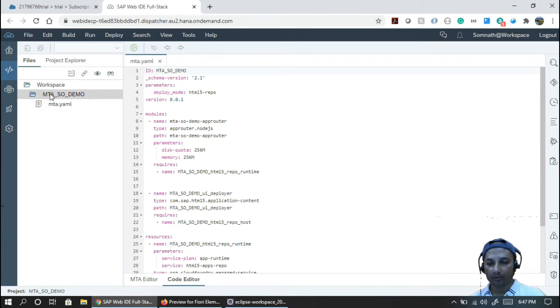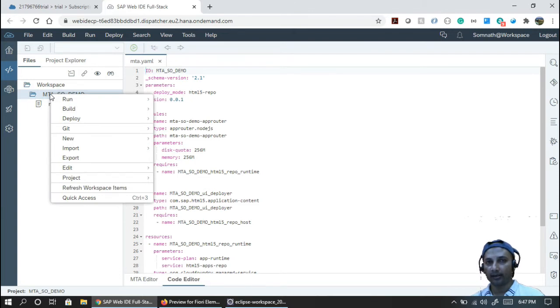So what we have to do after, so you create a container, a multi-target application, and it can host different kinds of things inside. For example, I'll be hosting HTML5 to contain my web application, right?